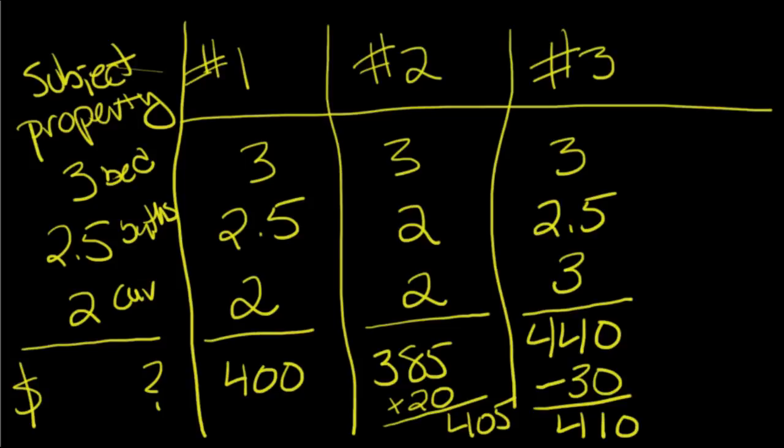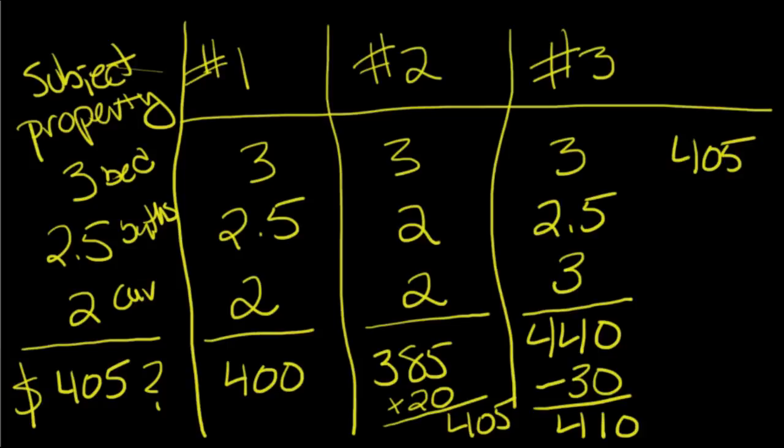And then to get the value that we want over here, we're just going to take 400, 405, and 410, add them all up, and divide by 3. Well, I'm no math genius, but even I can do that in my head. That's 405, isn't it? Yes, it is. So here's your very basic CMA, we call it, comparative market analysis. I just want to take a quick detour and remind you that this 405 number we just came up with, we'll write it over there.